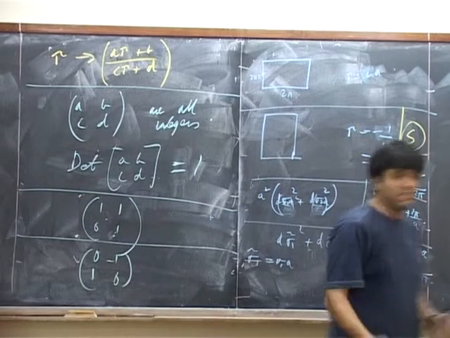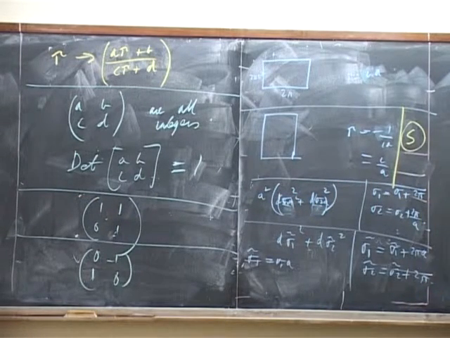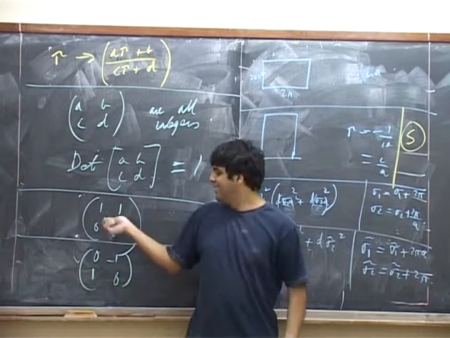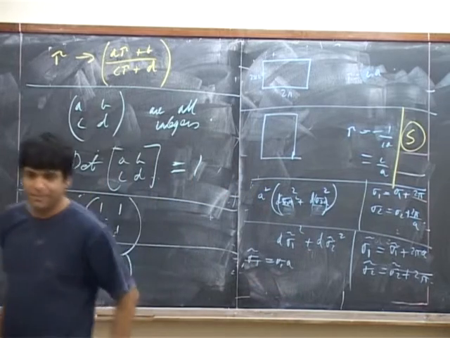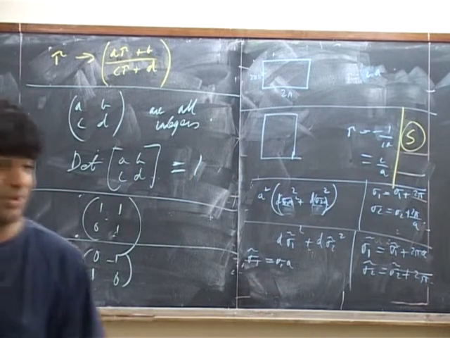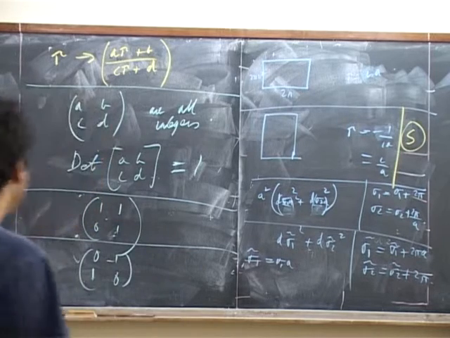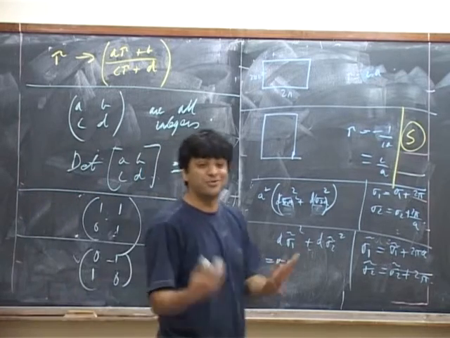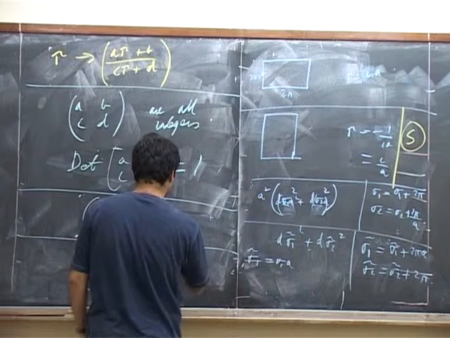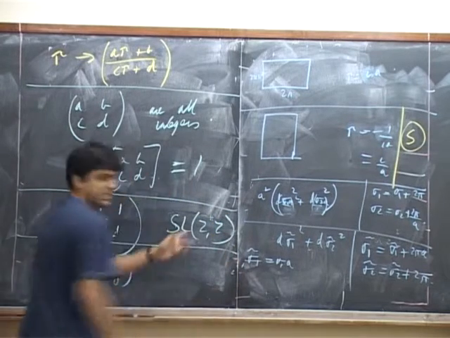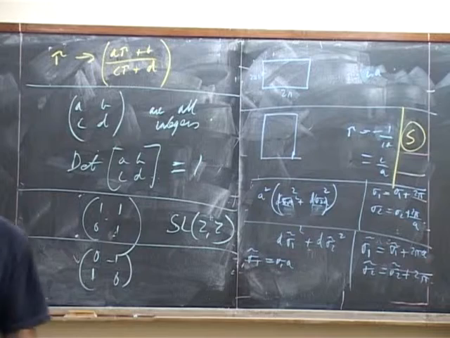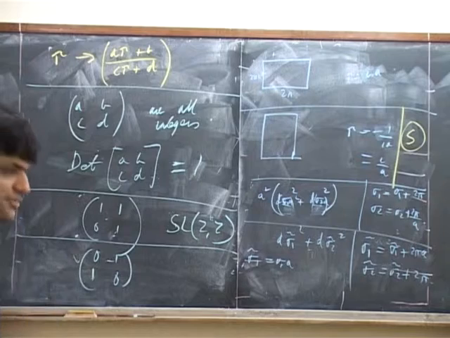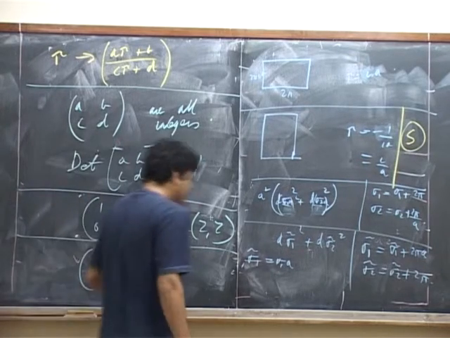And you can also convince yourself that every such matrix with integer entries and determinant equal to 1 can be generated by taking sufficient powers of these two guys. This is the full group. And it has a name, it's called SL2Z. The S here means determinant equals 1, Z means integer entries: 2 cross 2 matrices with determinant equal to 1 and integer entries. Okay, great.